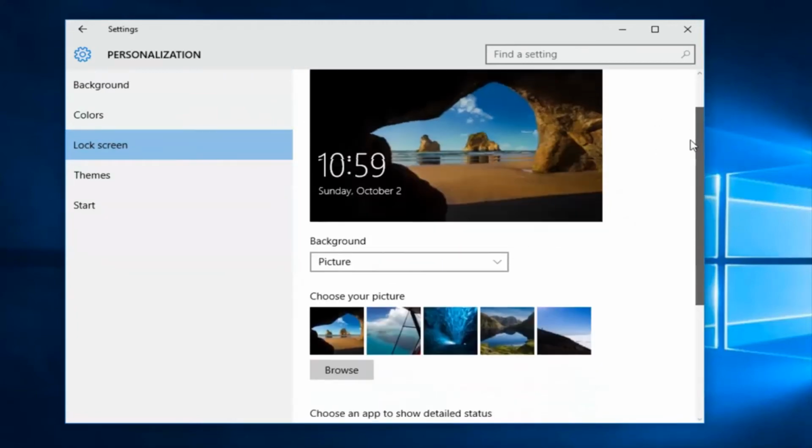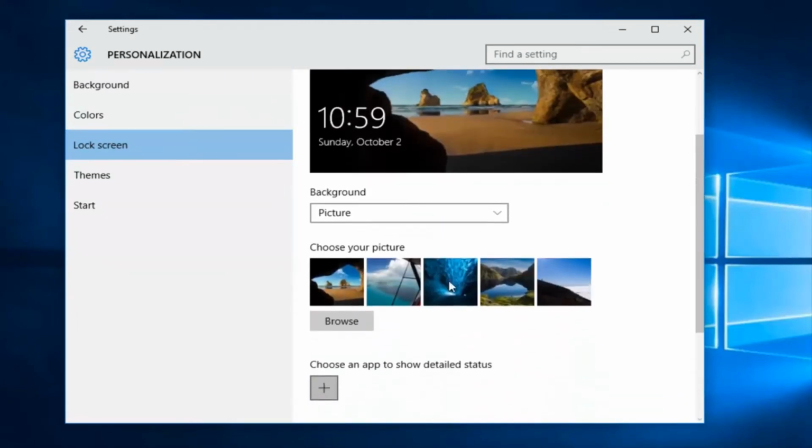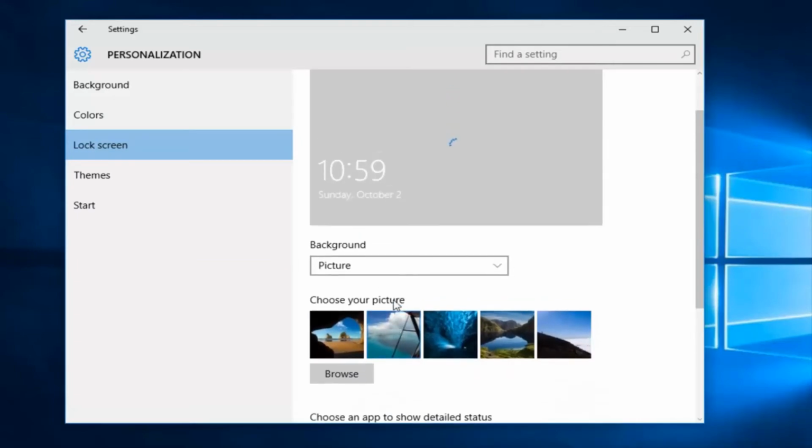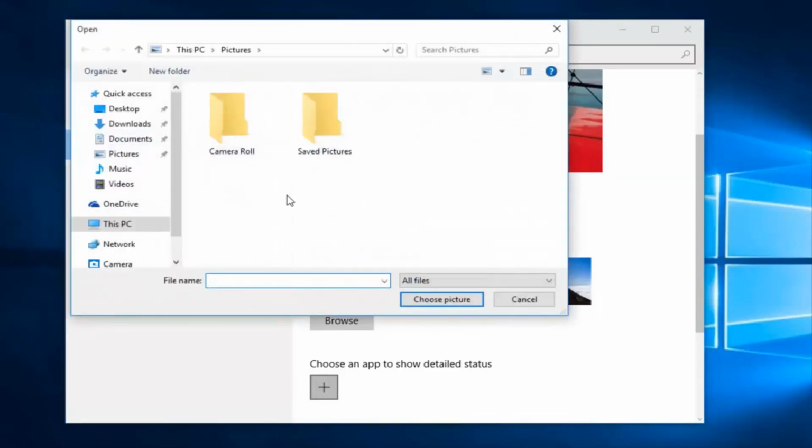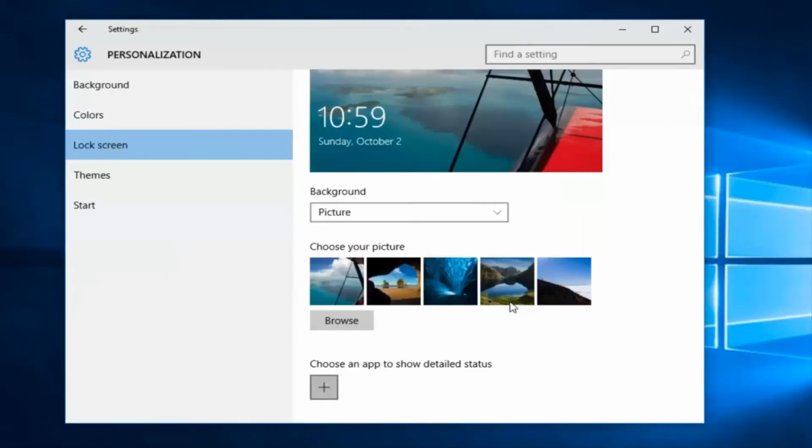If you scroll down, we see we have 5 different images we could select that are included with Windows 10. If you had another image you wanted to use instead, you could left click on this browse button right here, and you could select any JPEG image you wanted to use. Just keep in mind the dimensions of your screen and that it might look very distorted if you don't use